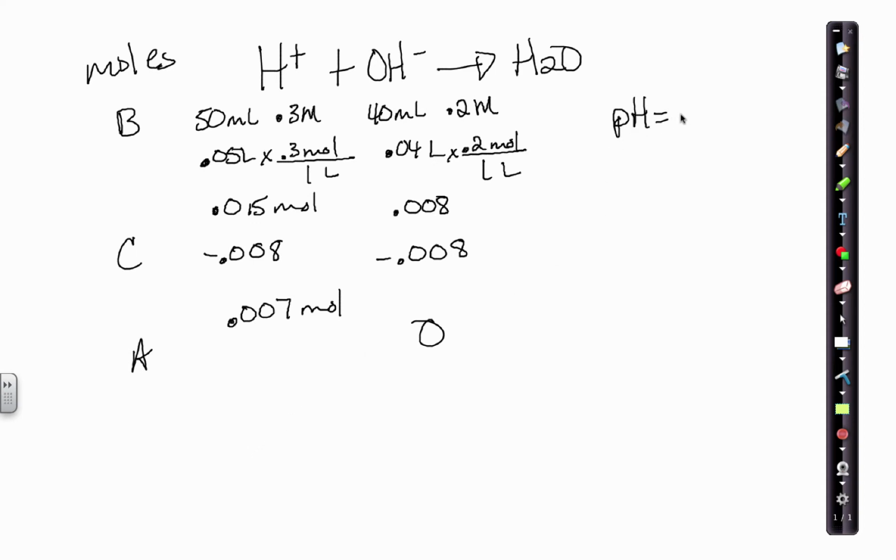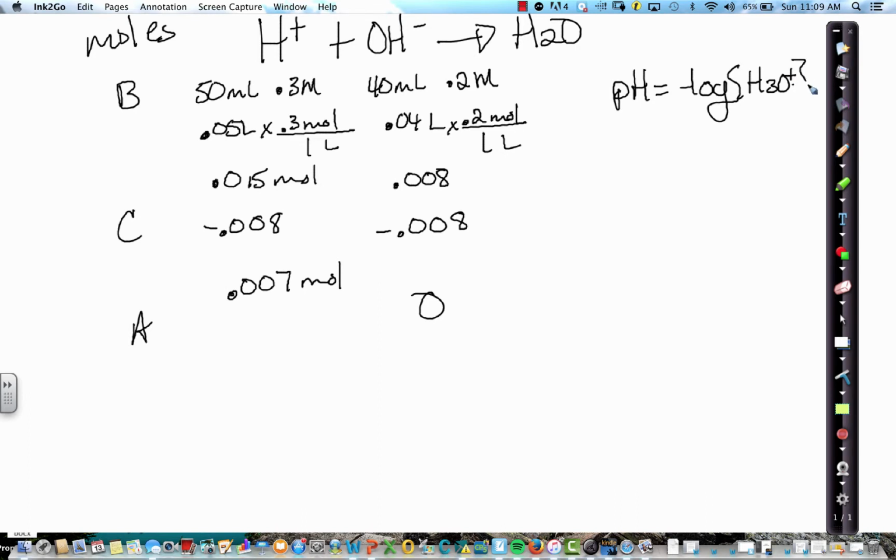Well, it's asking for the pH. And remember, for pH we have to have the concentration, not just the number of moles. So we need to figure out what the concentration is now. I have 0.007 moles. I'm going to divide that by my volume, but it's not 50. It's 50 plus 40 because the volume has changed since I've added more liquid to it. So it's 0.05 liters plus 0.04 liters. And then if I divide that,